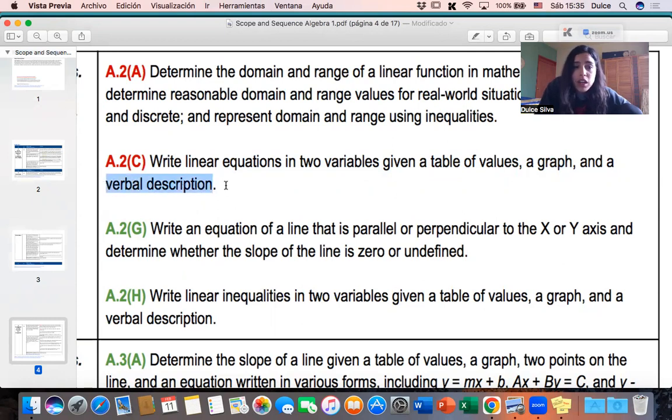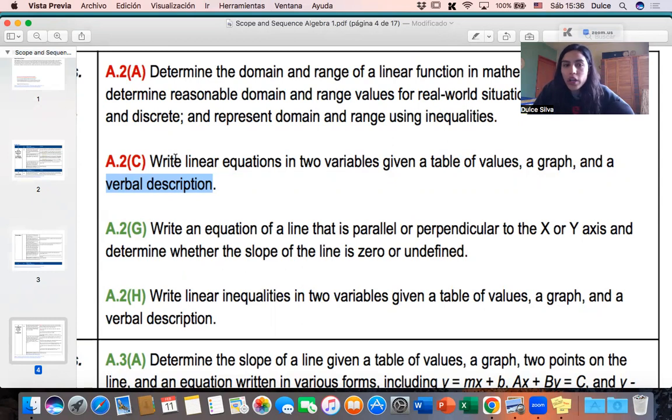The idea of this standard is that the students learn to write a linear equation, but before learning to write a linear equation, they have to know how to identify if they are working with a linear equation or with a linear function in this case. So I think that the objective here is that the students know that they are working with a linear function. A linear function can be